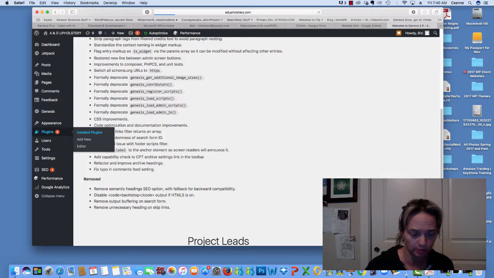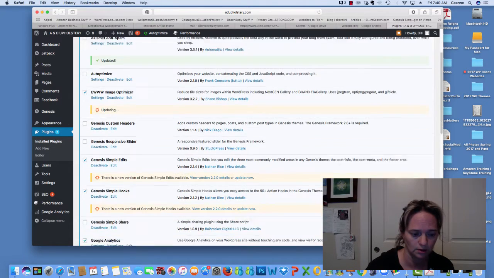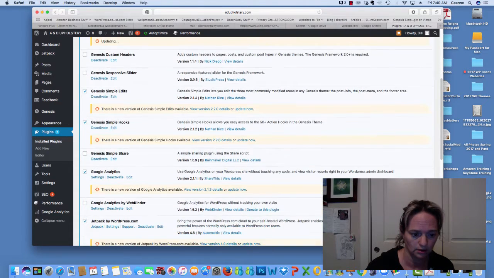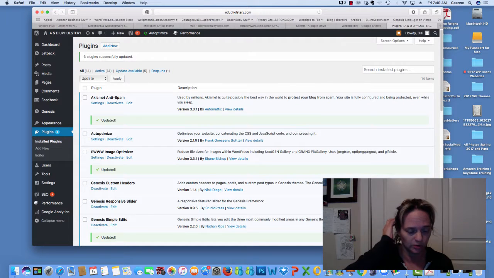So if you want to go to your plugins and install plugins right here, I'm going to click update. This is really quick, I'm just doing this so you don't have to do it later. You don't really have to worry about this, a lot of the times it does it automatically. If you want to add plugins to your website which help extend the use of it,